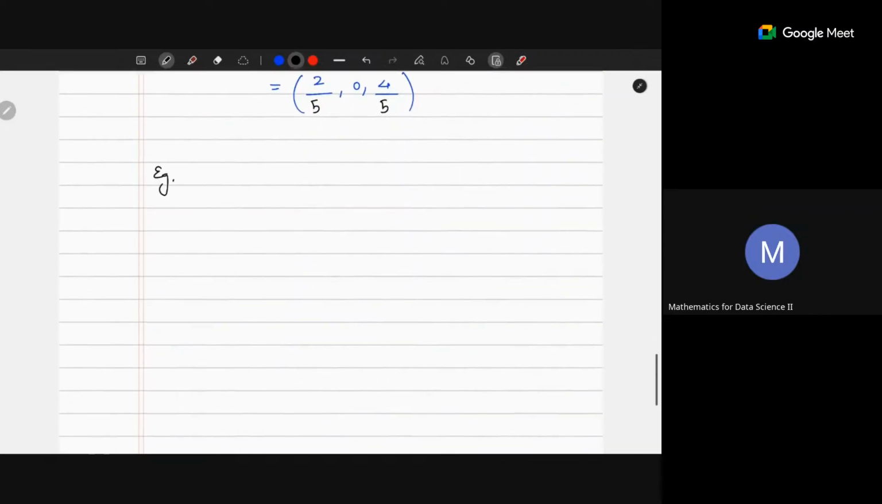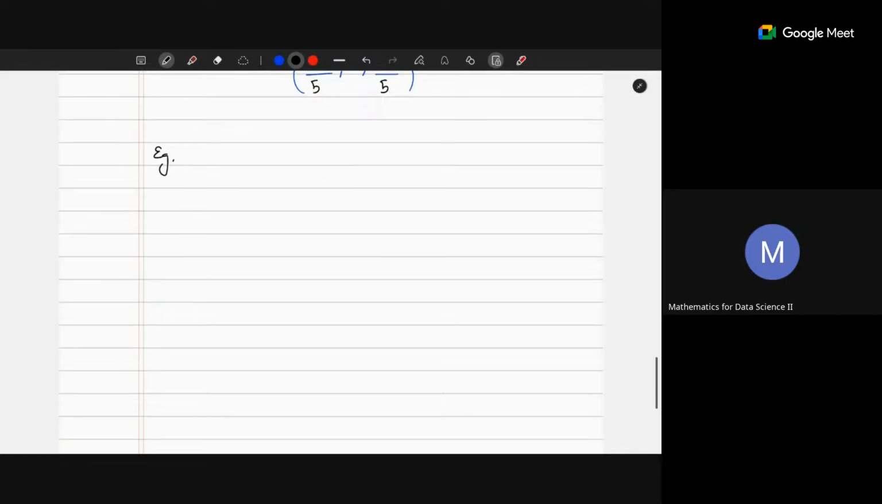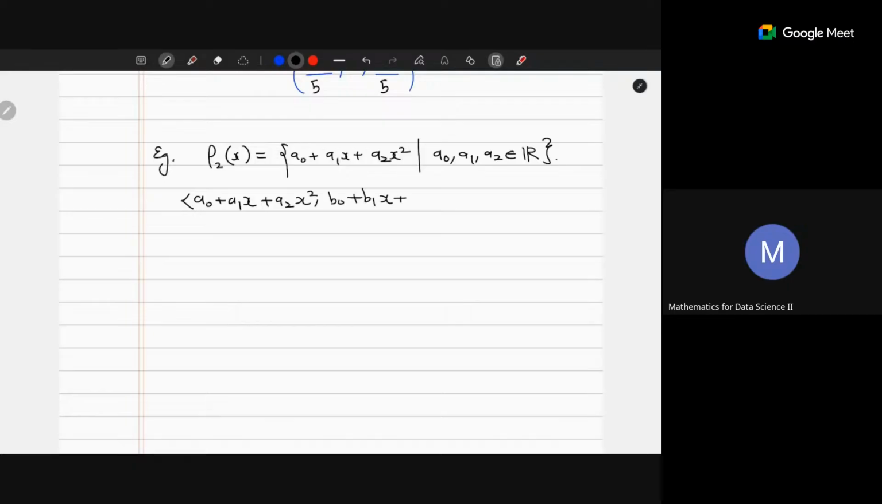All right. So last time I gave an inner product structure on this space of polynomials, right? And I call that P2(x), which is defined to be the polynomials a0 + a1x + a2x², where a0, a1, a2 are real numbers. And the exercise was: given two polynomials, a0 + a1x + a2x² and b0 + b1x + b2x²,